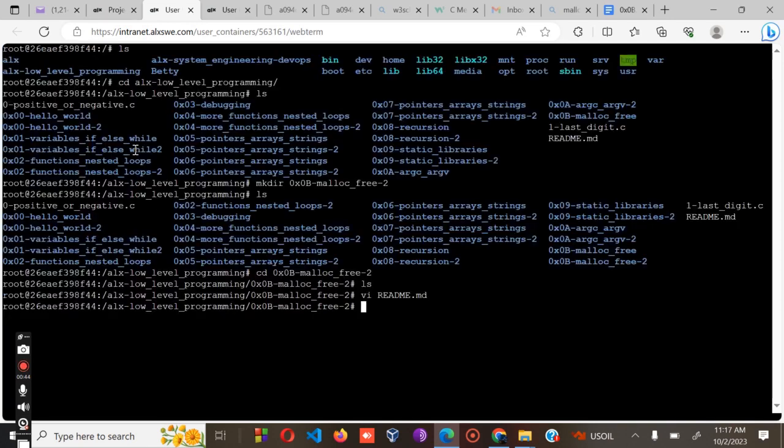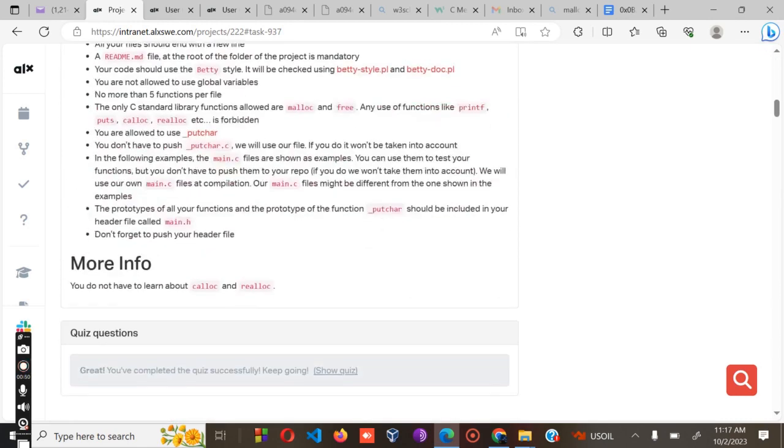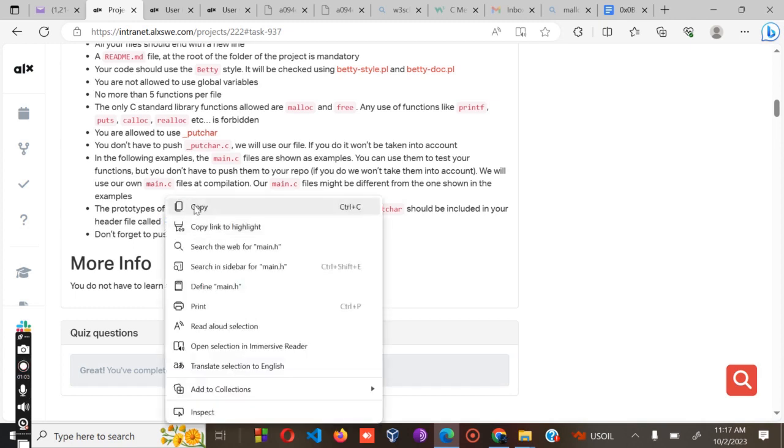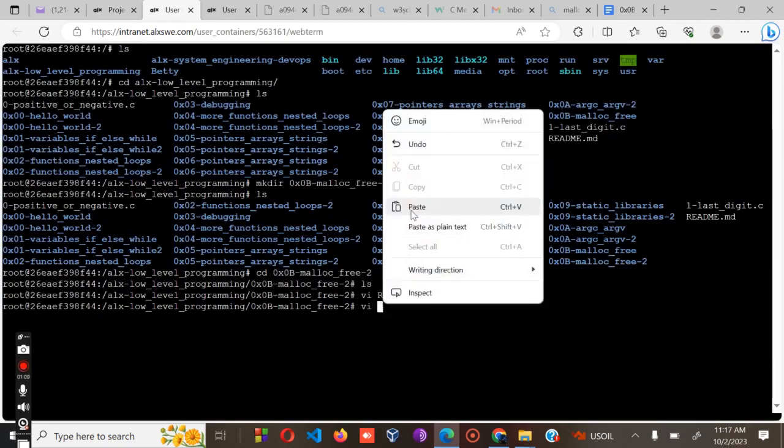Okay, let's move to the next part. If you look at the second last requirement, the prototype of all your function and the prototype function of the chart should be included in your header file called main.h. So what I'm supposed to do, I will copy this one, copy, then I paste, vi, paste,